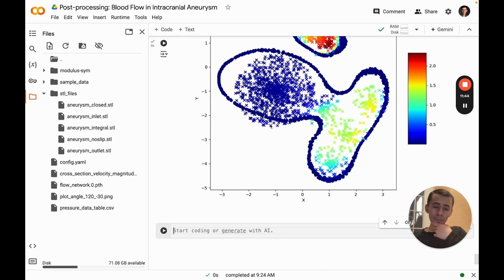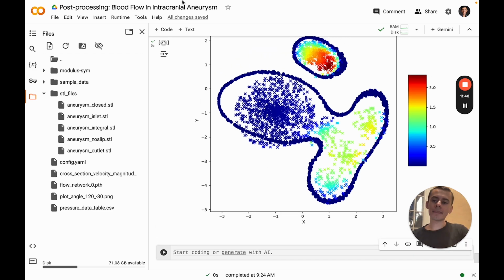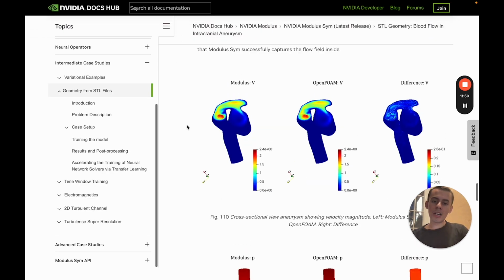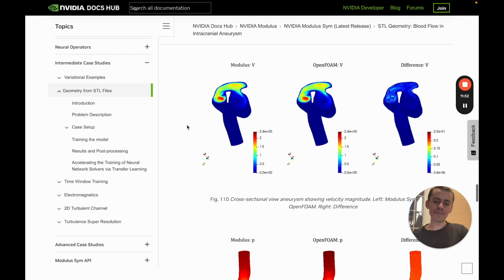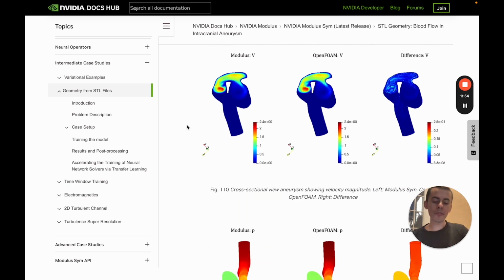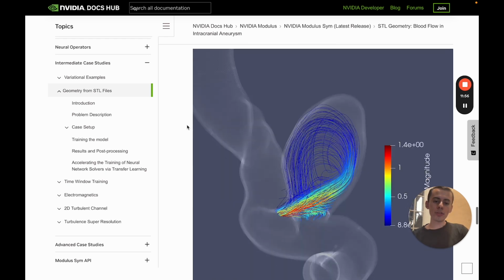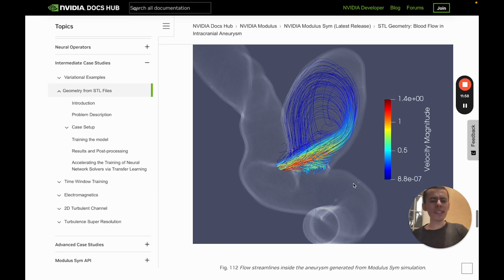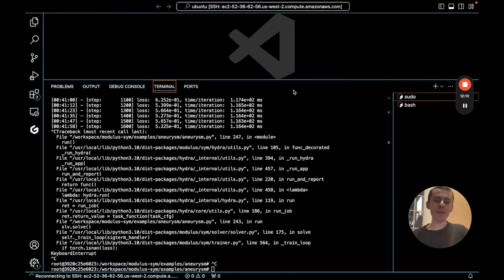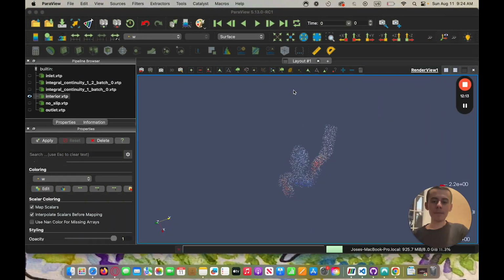And there you go. We have visualized our model, the outputs of our model, right? So ParaView, also this one with these streamlines, I'll perhaps have to record a crash course on ParaView so that we become experts on ParaView as well. Because right now,